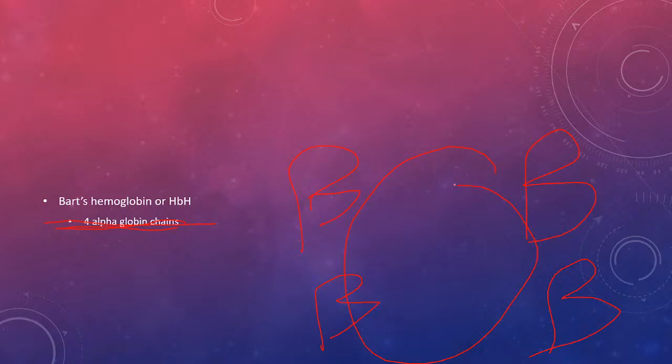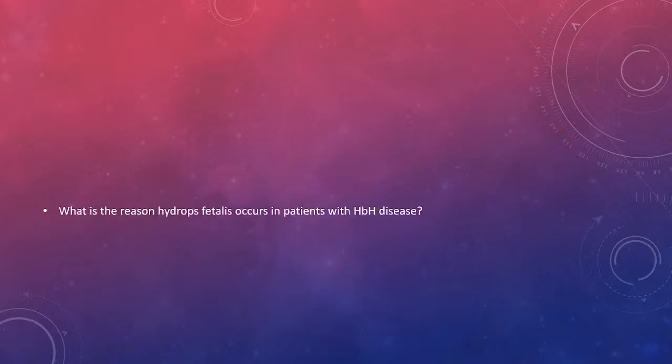Actually, it has strong oxygen affinity. But the problem is it cannot give off the oxygen. It cannot give back the oxygen to the babies. Therefore, they suffer from stillbirth, because the moment they're born, the oxygen that they breathe in is not going into their tissues, and therefore it causes them to suffer from hypoxia. All right, so that's hydrops fetalis.